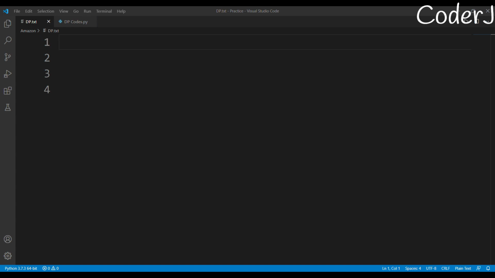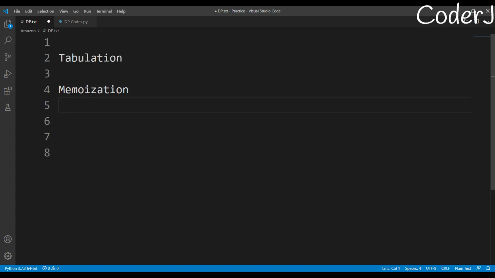Okay, it's clear to us that in DP we are supposed to store the value somewhere, so we can use them in future whenever we require, right? But now the question arises, how? Right? So we have two very popular methods for them, and one is tabulation, the other one is memoization.